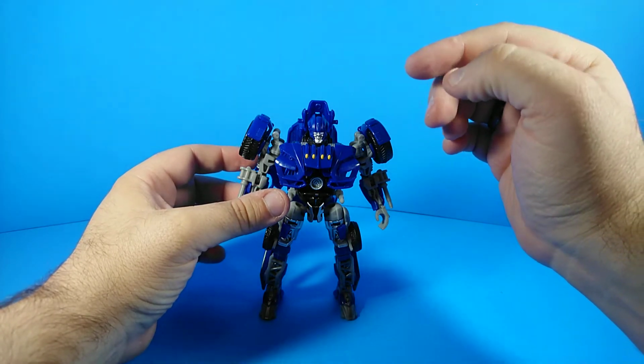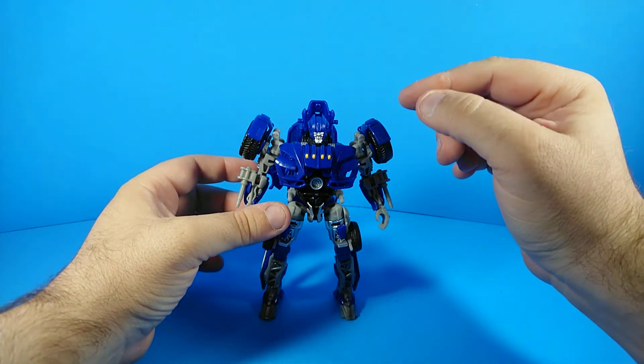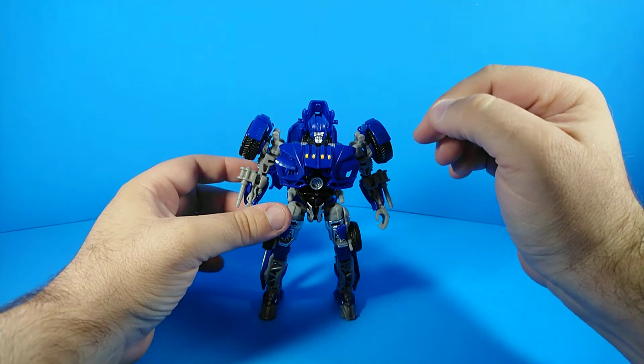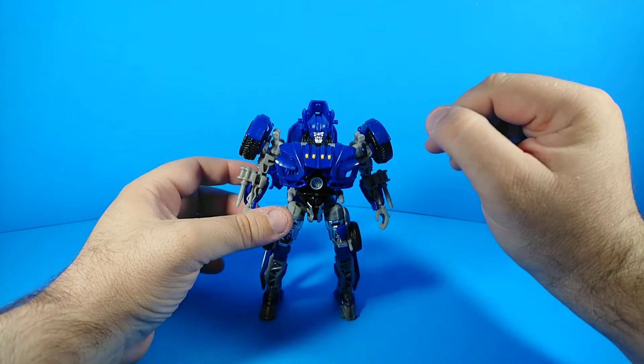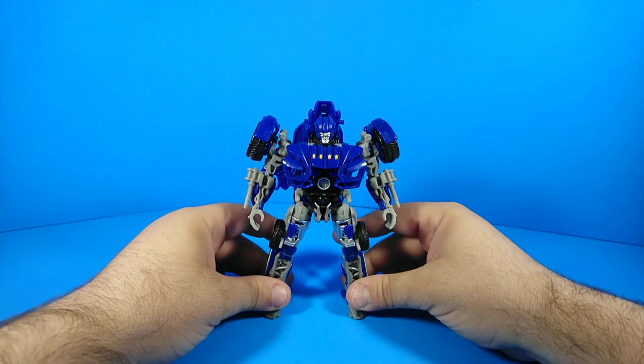What is up with my finger? There's a thing on my finger I just noticed. It's weird. Anyhow, so